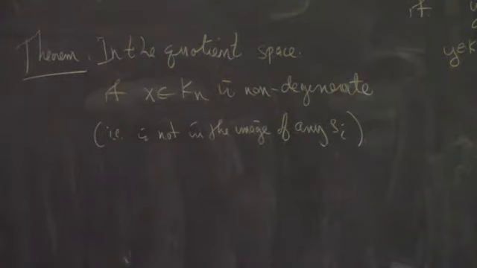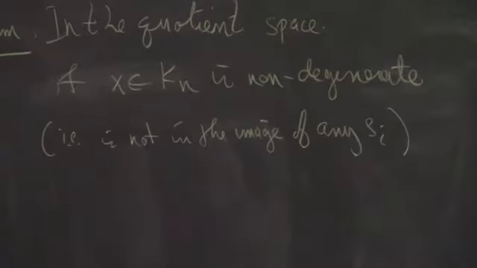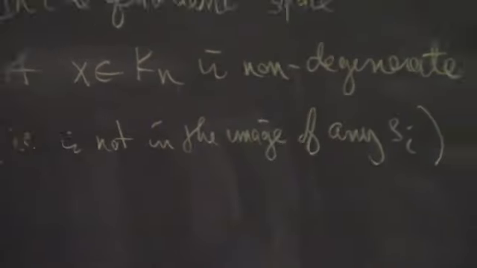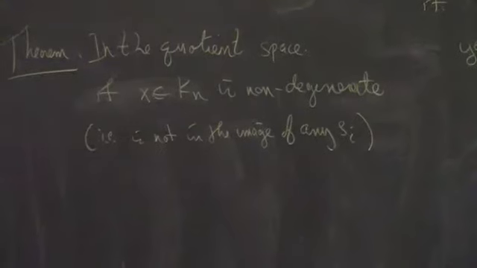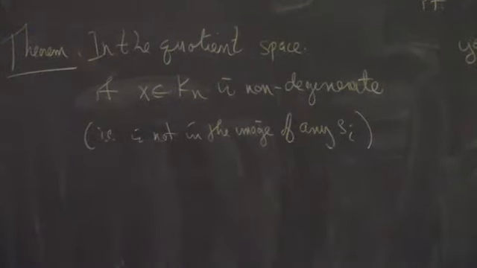Things in the image of the degeneracies are called degenerate simplices. But if you have one that's not in the image of any s_i, then